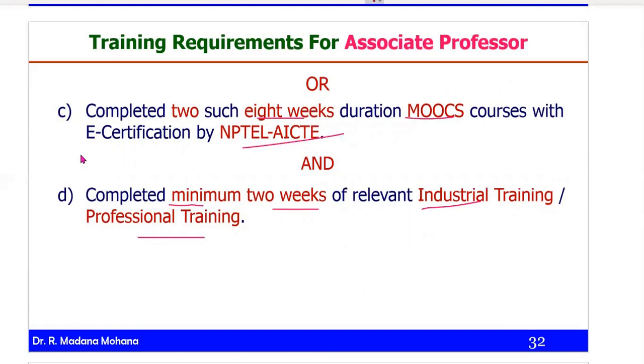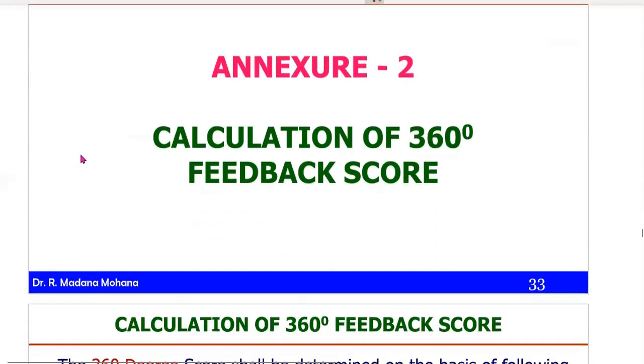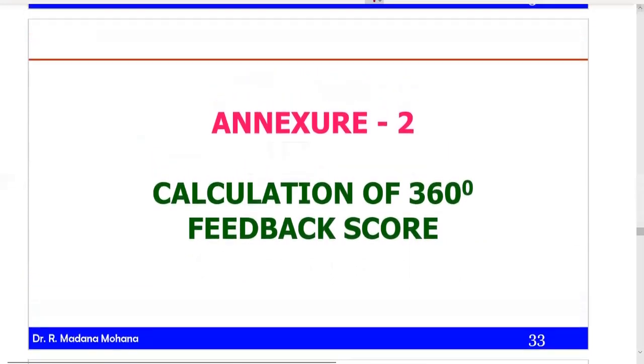These are all the training requirements for associate professor. Then for professor and senior professor, there are no training requirements. So then coming to Annexure 2. So here I will discuss the calculation of the 360 degrees feedback score with sample feedback from sample